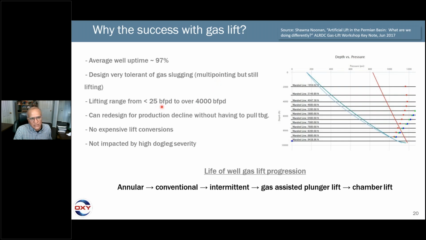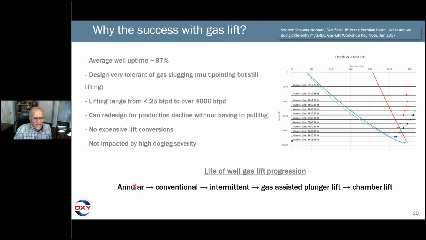Lifting range from less than 25 barrels to 4,000 barrels of fluid. You can redesign for production design without having to pull tubing. This is another benefit. No expensive lift conversions and not impacted by high dogleg severity. And another thing, this is very important, that there is a whole life cycle from cradle to grave that you